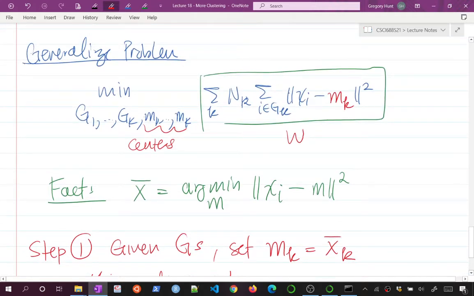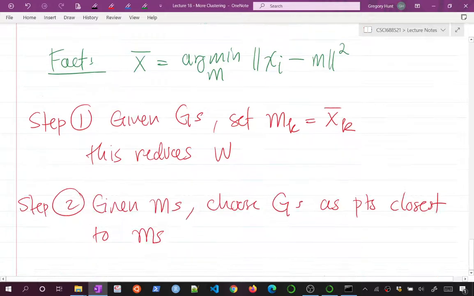If my M's are fixed, how should I choose my elements to be in my group to minimize this criterion? I should choose the points in the group to be as close to the mean as possible. Otherwise, if I choose something that's not as close as possible to its mean, I could make this thing smaller by assigning it to the group where it's closer to that mean. So this will also reduce